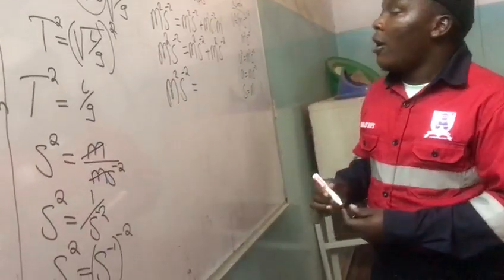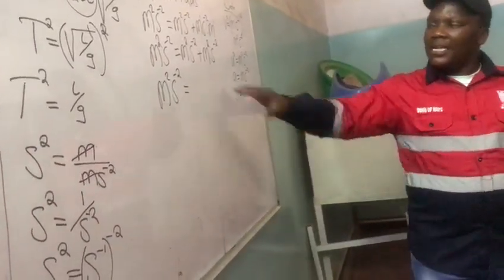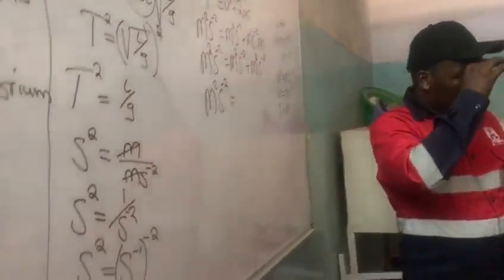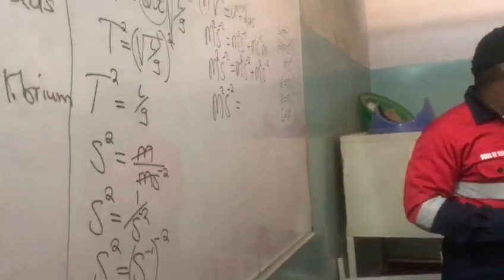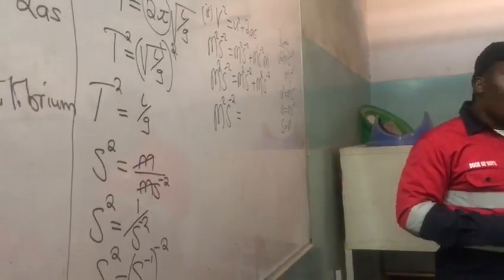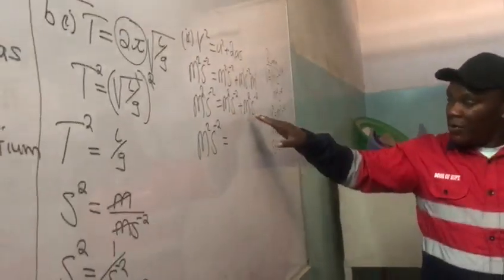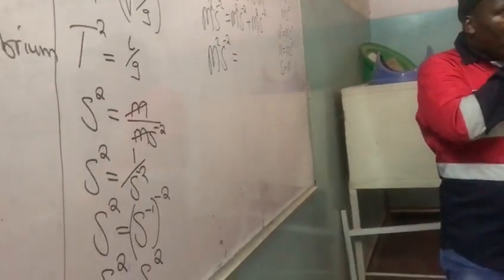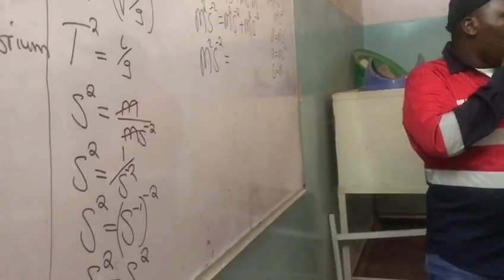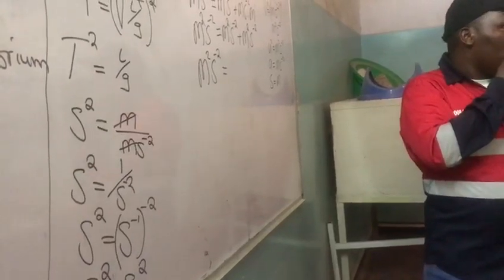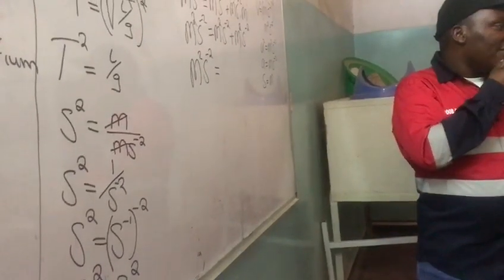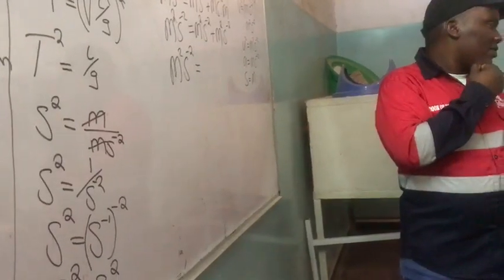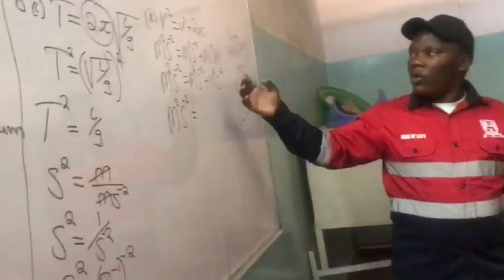So now we have equal to, who remembers what we said when we are adding the same units? What happens when we are adding the same units? Why are we picking one when we are